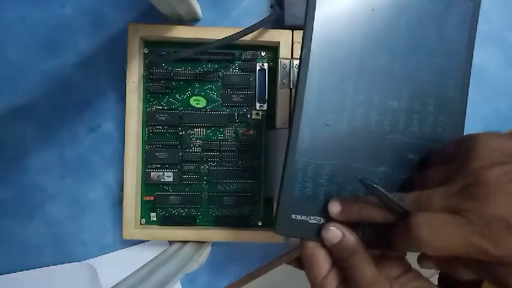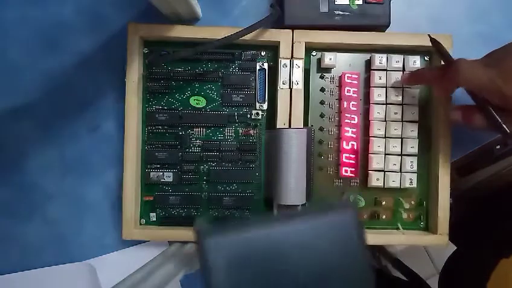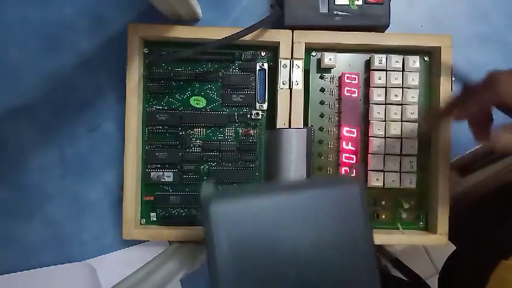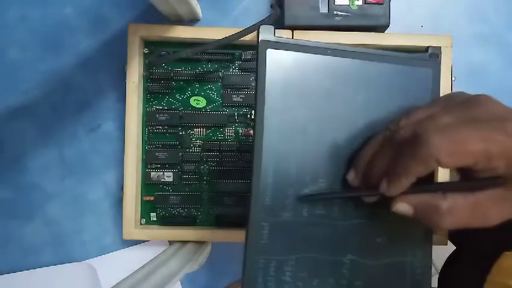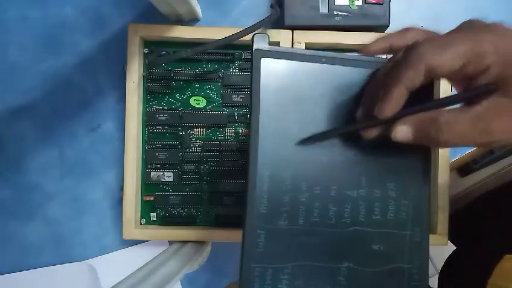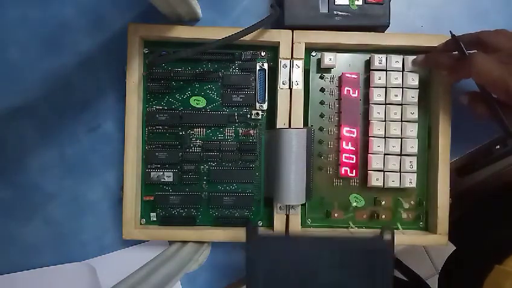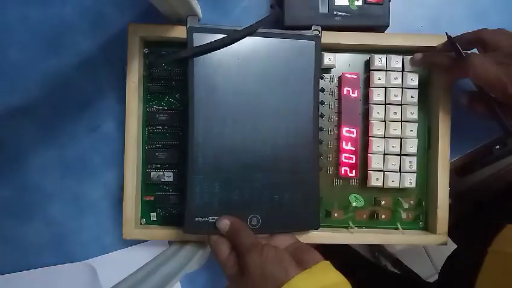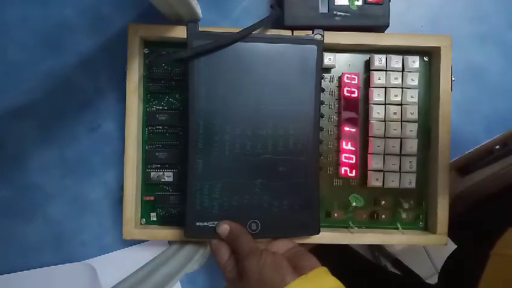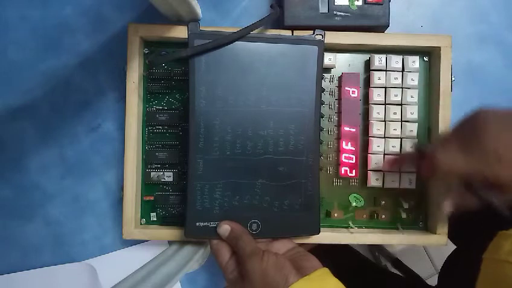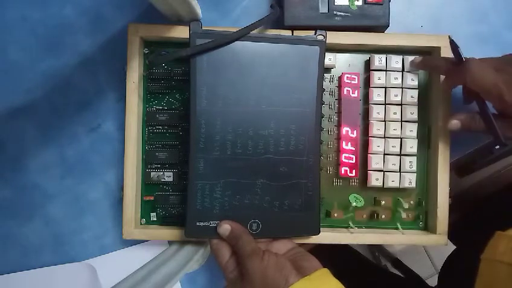Now coming back to our 20F0, we write down S, CR, CR, 20F0. Now go on writing the opcodes for these particular mnemonics. Then 21, write down 21. What was the address where the number was stored? It was D0 with a 20.